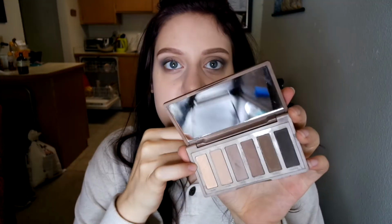You can switch these up for any colors, so if you wanna do pink eyeshadow, light, medium, dark. If you wanna do purple, light, medium, dark. And of course you can mix other shades into it as well if you want to make it a bit more dynamic. And the last step for eyeshadow is taking the very, very lightest shade,